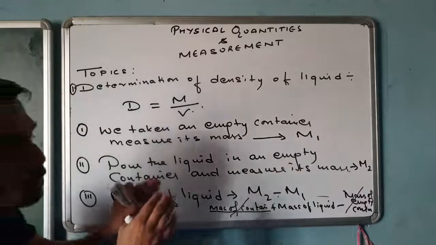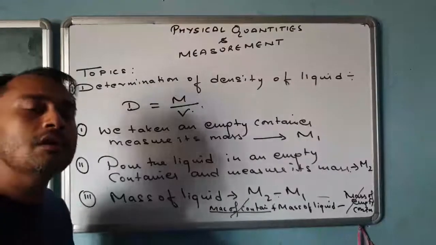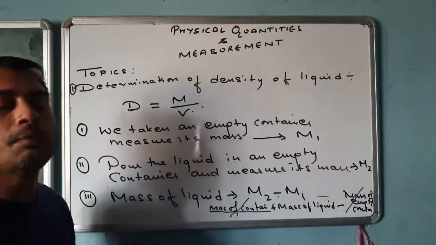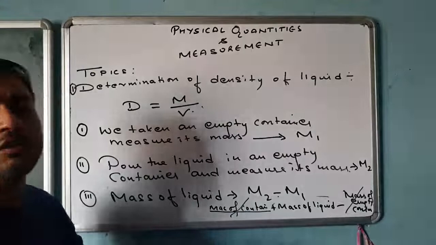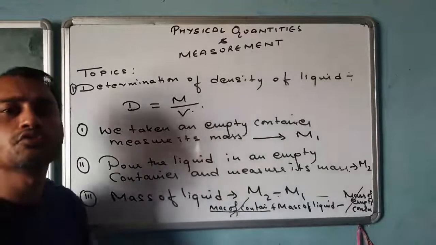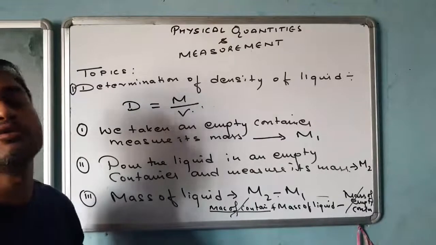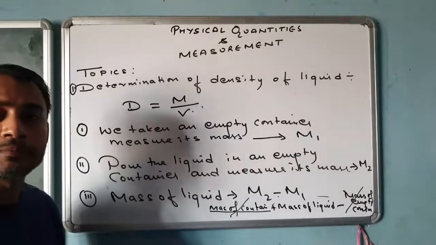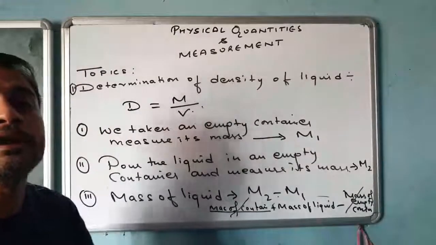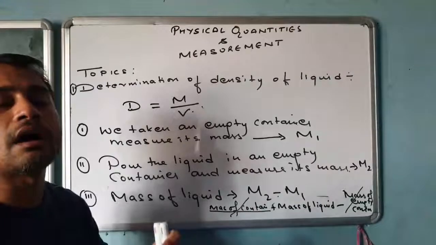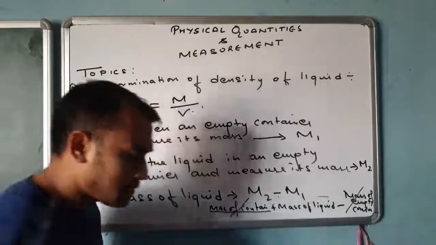Now once we know the mass of the desired liquid, we will measure the volume of that liquid by the use of a measuring cylinder. There are various other graduated tools that can be used to find the volume. We can even make use of a Eureka can. Hence, we make use of such devices to find the volume. And once that volume is known,